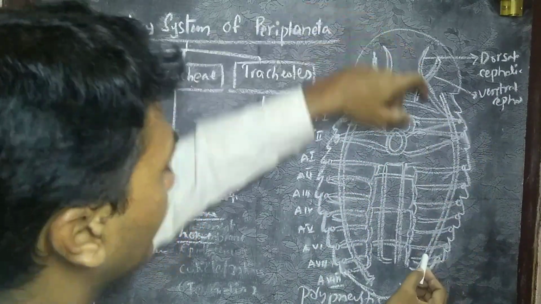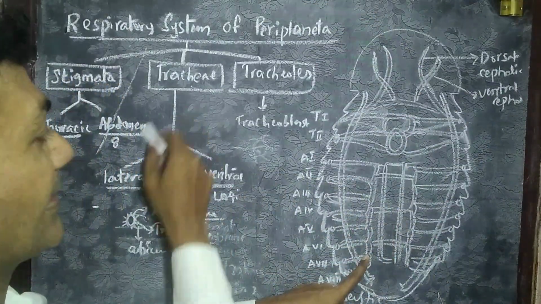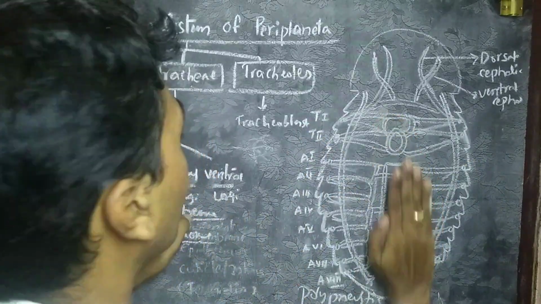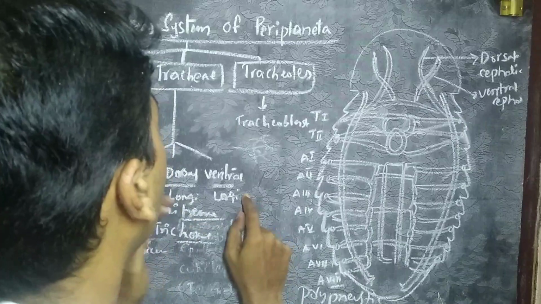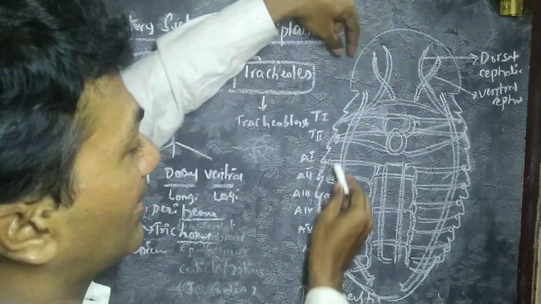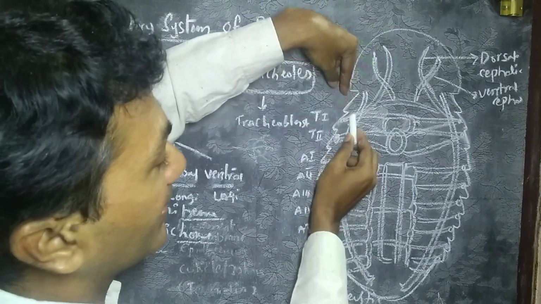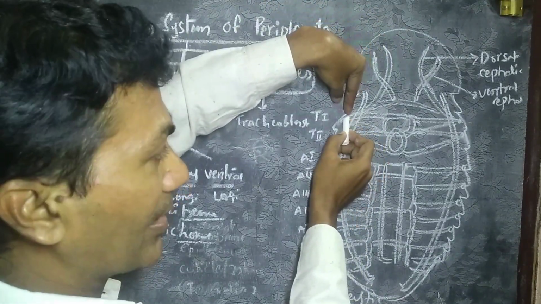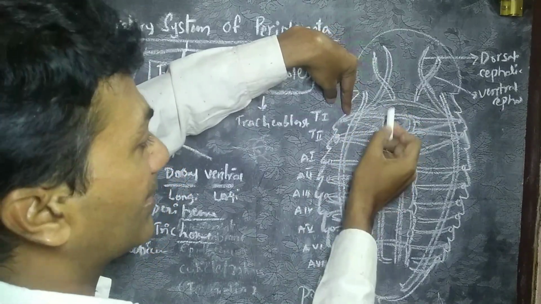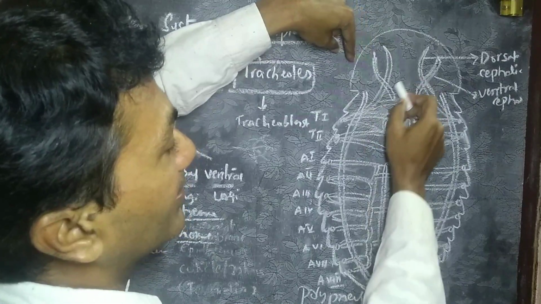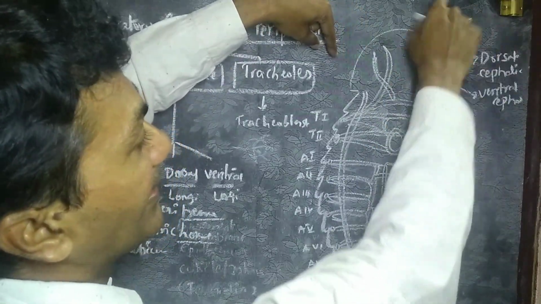So this is lateral tracheae. So a pair of lateral tracheae, a pair of dorsal longitudinal, a pair of ventral longitudinal. These are the different kinds of tracheae. Whereas the thoracic tracheae have dorsal and ventral. Apart from that, dorsal cephalic and ventral cephalic also. Then they carry the oxygen towards the head region.